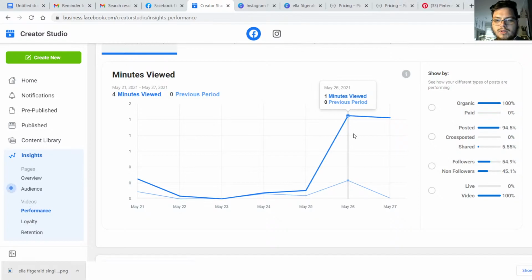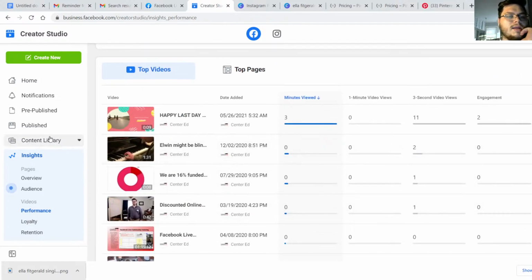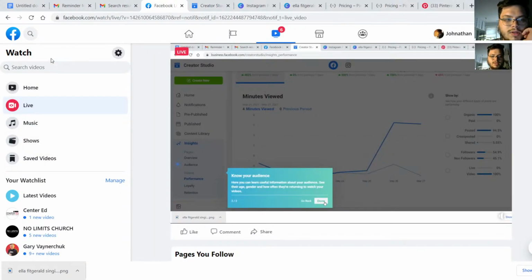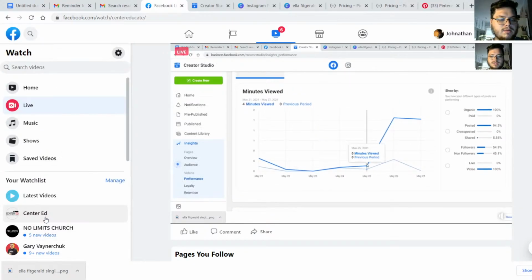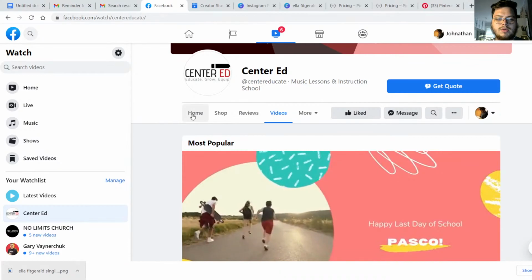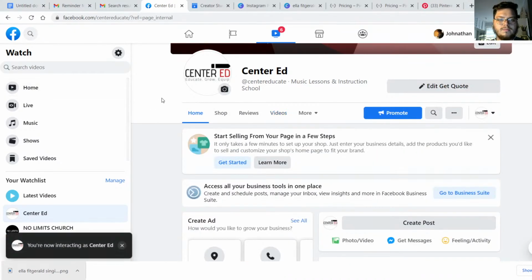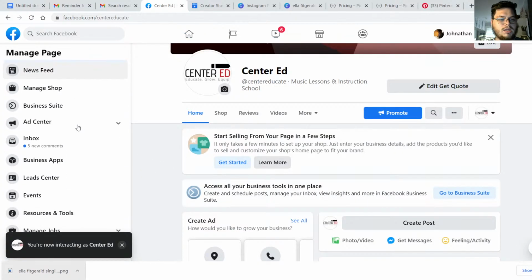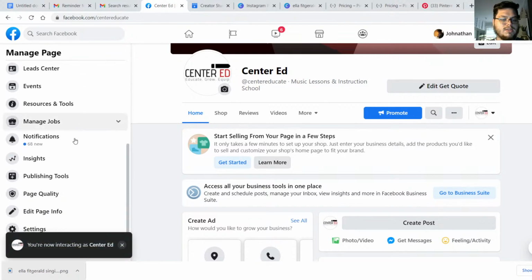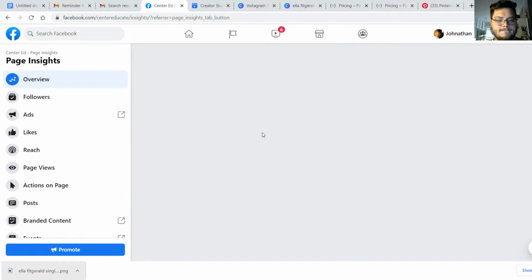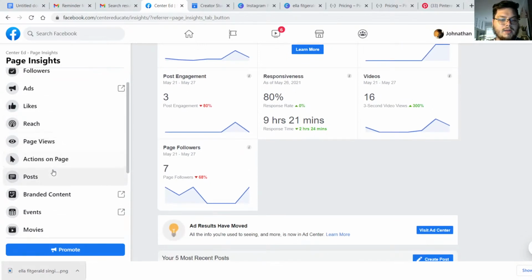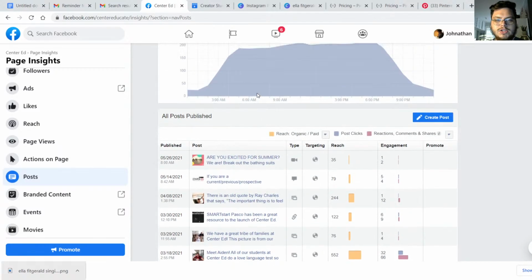Things have also been changed recently. If you go back into normal Facebook, I'm going to go back to Center Ed. And whenever I go into Insights here, and let it load, and then you go down and you look at posts, it's going to show you what